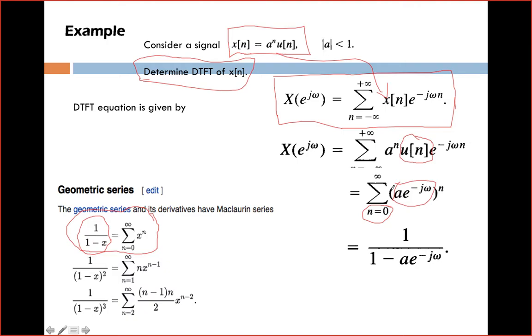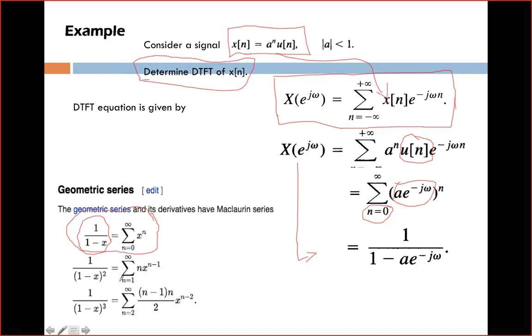So what I am going to do is use this formula to reduce this infinite series into 1 by 1 minus x. The x value is a into e power minus j omega. Hence the value of X of e power j omega is 1 divided by 1 minus a into e power minus j omega. Okay, and of course I have given a few more problems to reduce the infinite series,